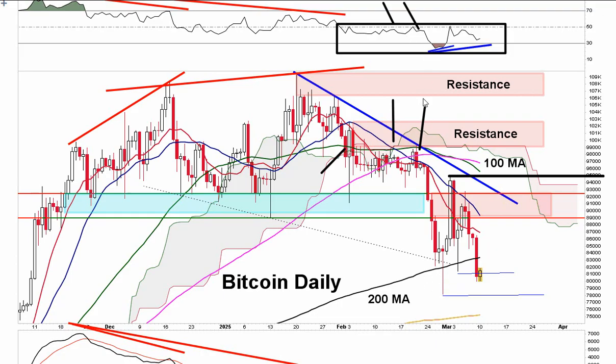Now we bounced off the 200, and where do we pull up to? With the rally with Trump's announcement of the crypto strategic reserve, we went up to that 50 level on the RSI. We went up to the 20 period. We didn't quite reach the 50, but we rallied towards it, and we stalled at that 50 level on the RSI. So that could form a divergence.